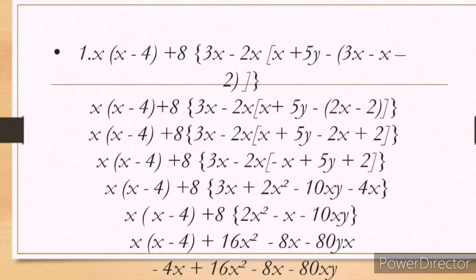We get that from bring down the 3x, then 2x times negative x is equal to positive 2x squared, then 2x times 5y is equal to 10xy, then 2x times 2 is equal to 4x, then x quantity x minus 4 quantity plus 8 quantity 2x